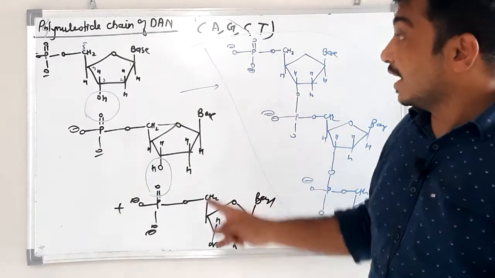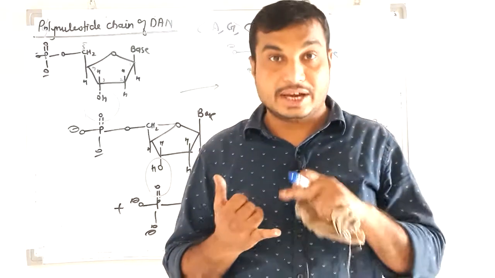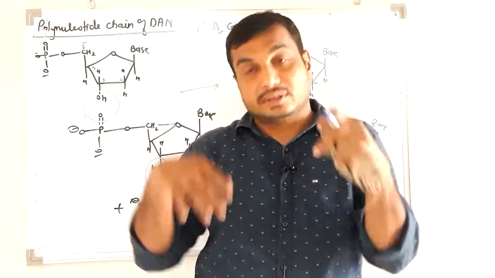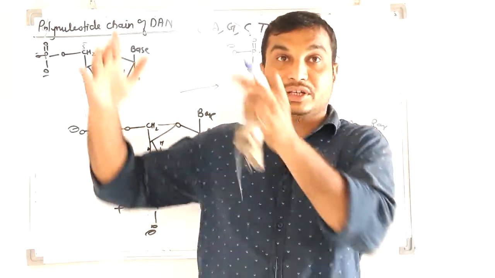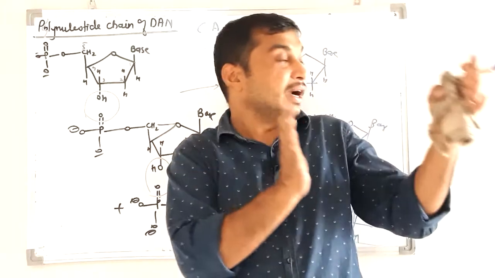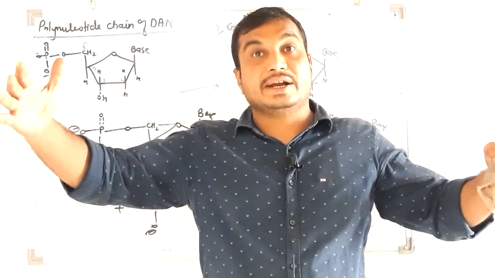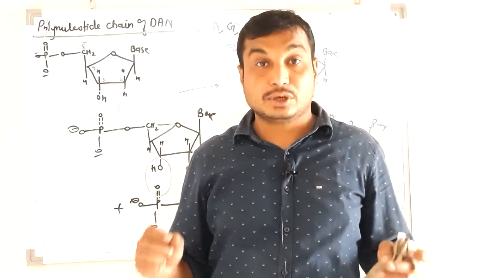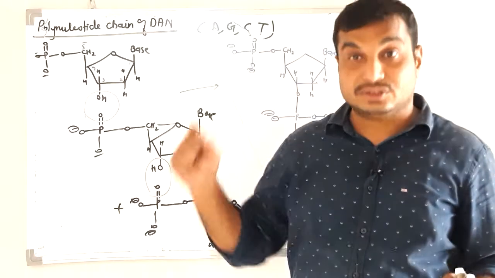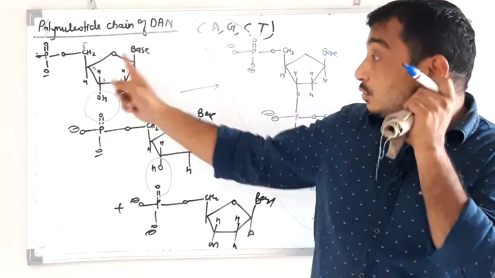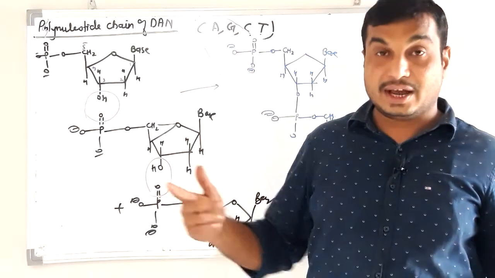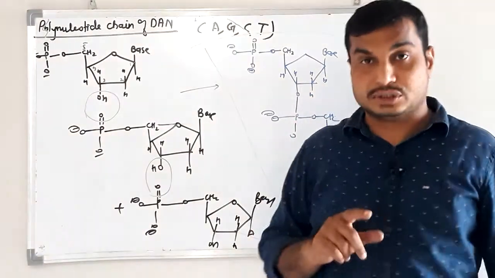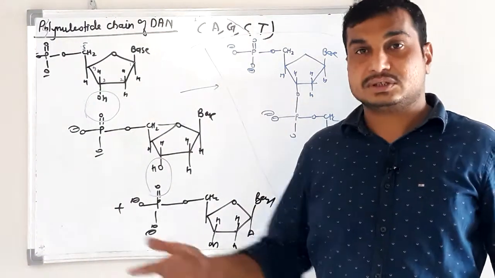So student, try to draw first the structure of nucleoside, a combination of sugar and base molecule, then nucleotide, a combination of phosphate, sugar and base, and then link all these nucleotide molecules together, that will give us the polynucleotide chain. So try to draw this. In the next class I will try to draw the complete structure of DNA. I think this is not in your syllabus, but if it is there then we will see in the next class.